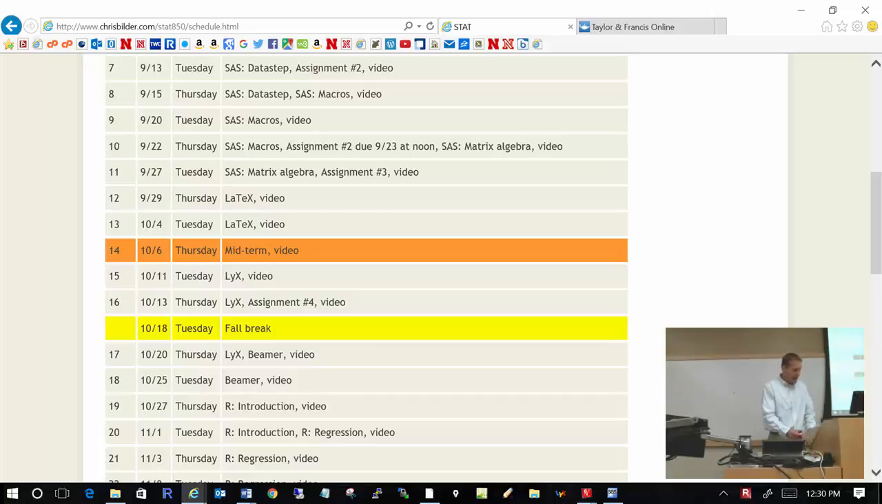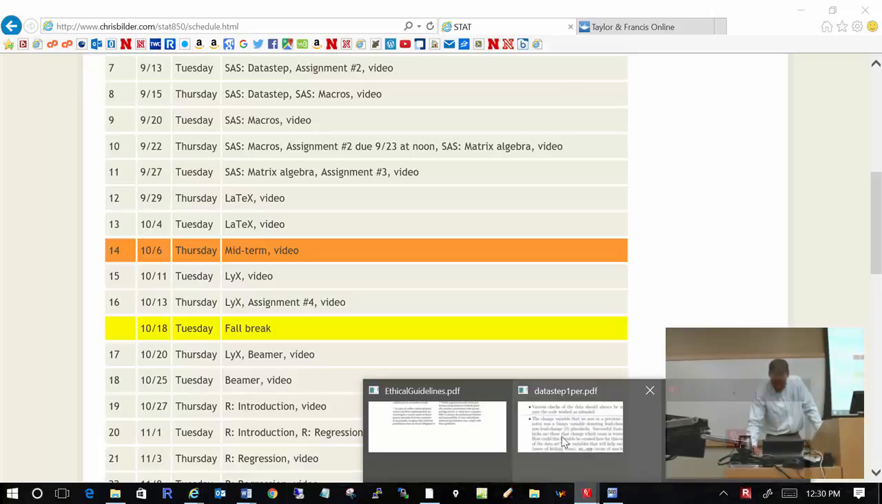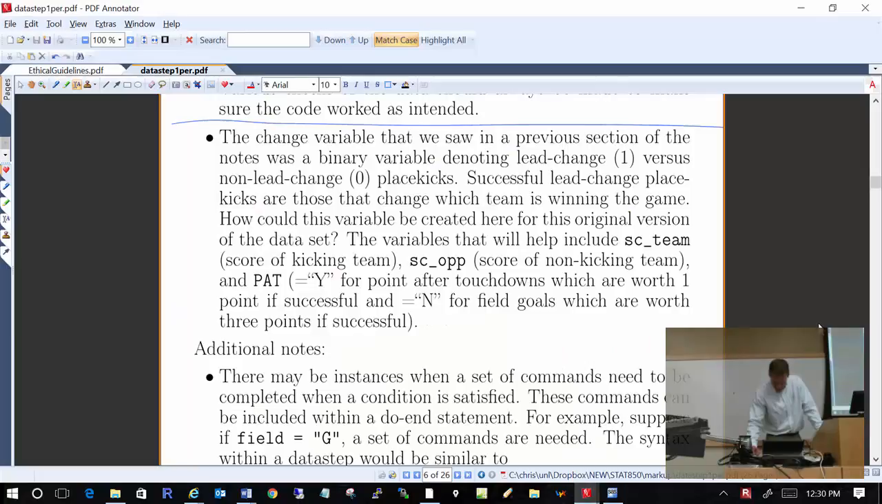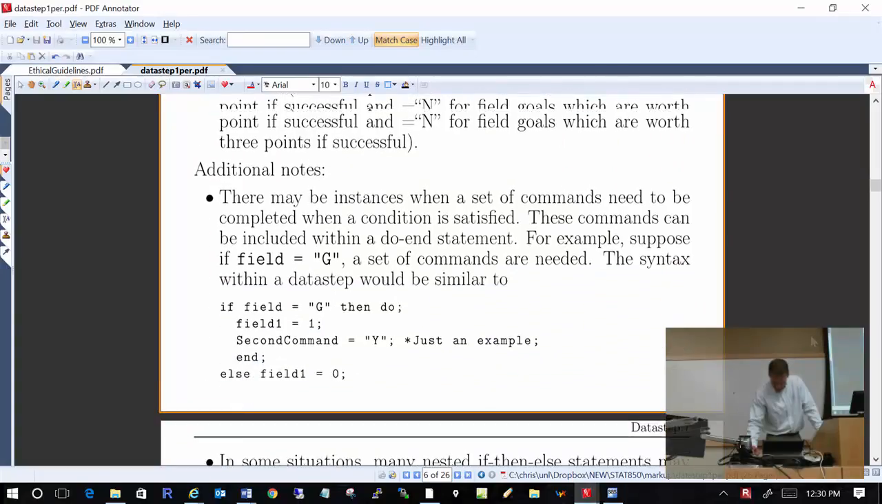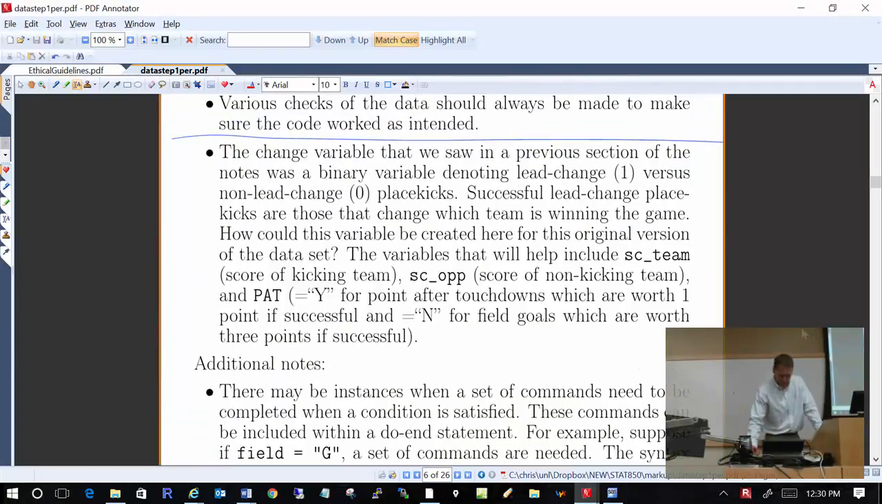Okay, so we left off last time on approximately page 6. We were talking about this place-kicking data set, and we need to reformulate some of the variables and actually create some new variables in order to get it to a form that one could actually use for a data analysis. Obviously, we're not doing a formal data analysis in this class,